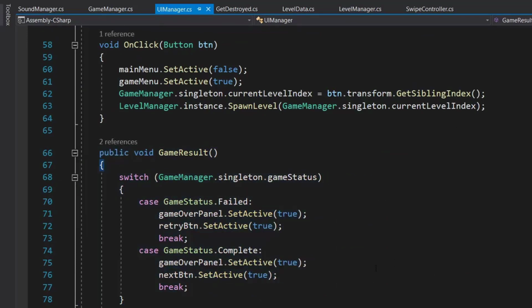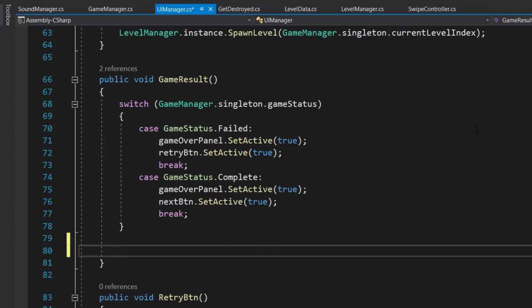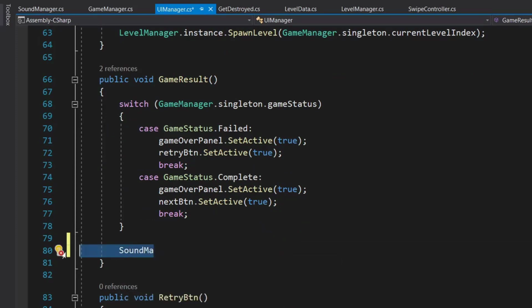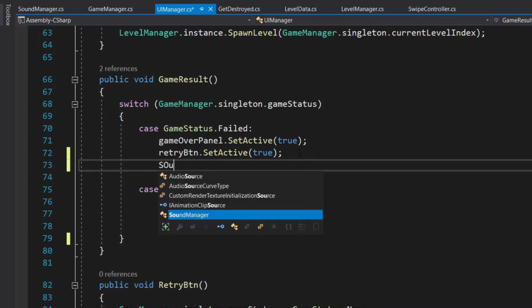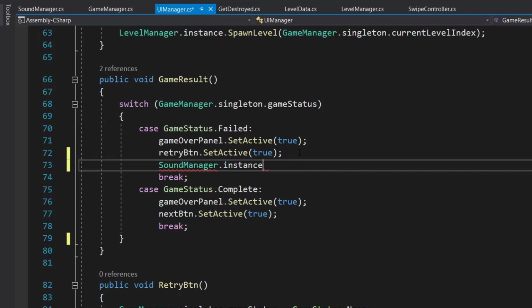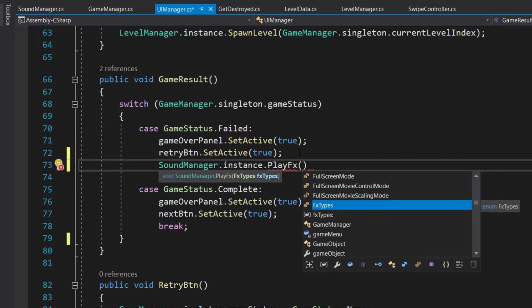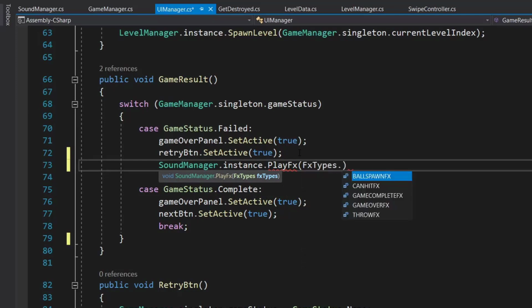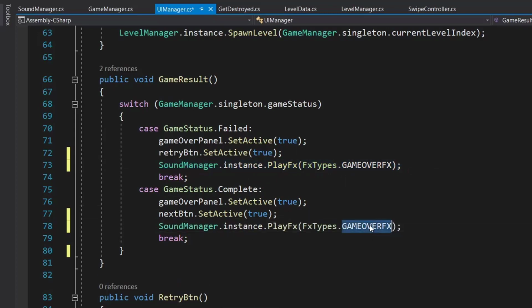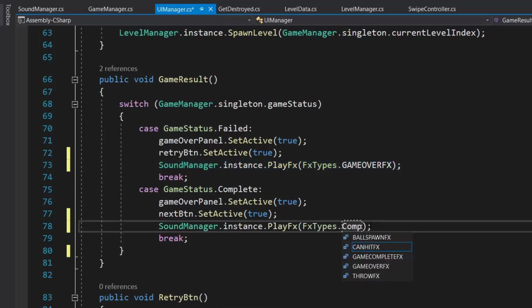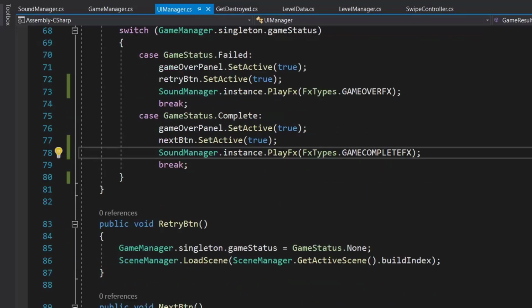So here we can directly call the sound manager, sound manager dot instance dot play fx, and this is for fail, so fx type will be game over fx. Let's copy this, paste it here, and instead of game over, here it will be game complete fx.